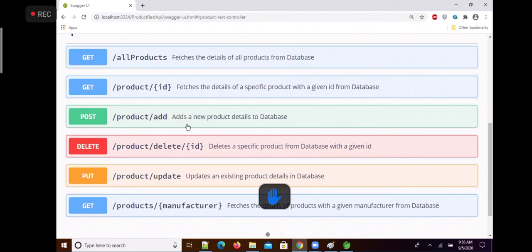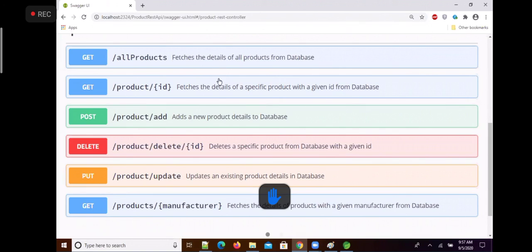And you know, this is product slash add to add a new product to the database. See, this is accessible with get. It is also with get only. This is with post. This is with delete, put. Last one, this also with the get only, this endpoint.